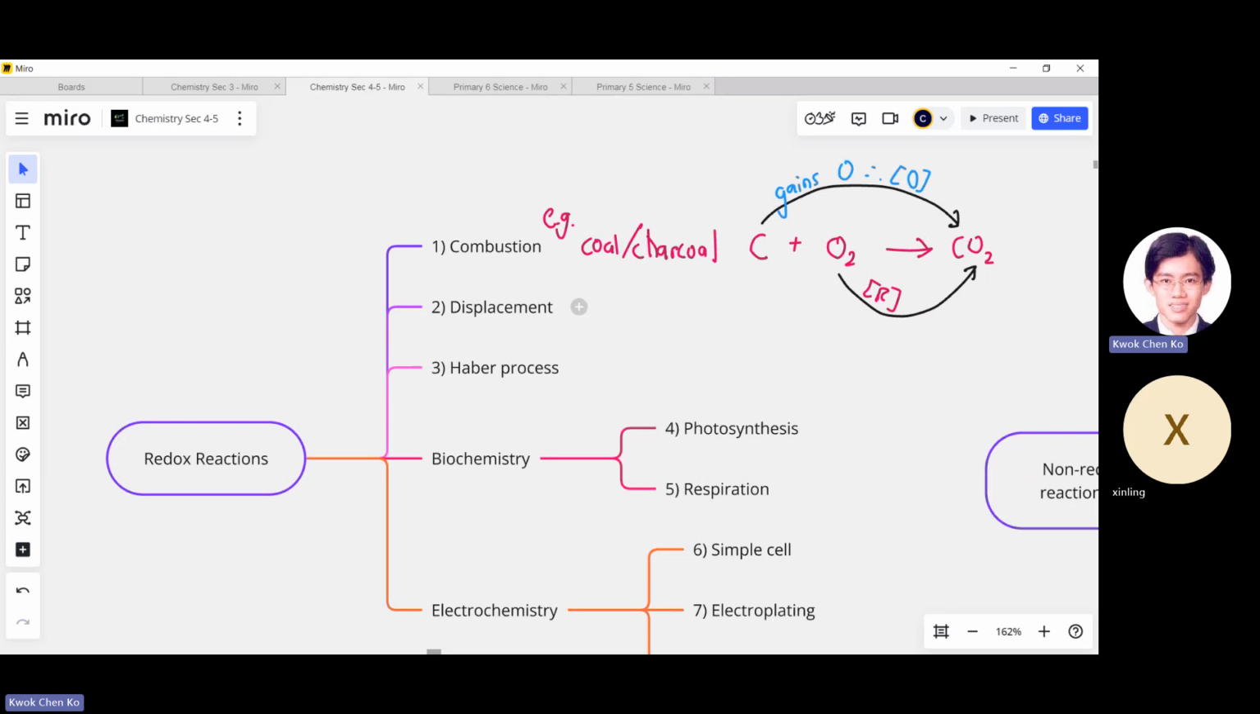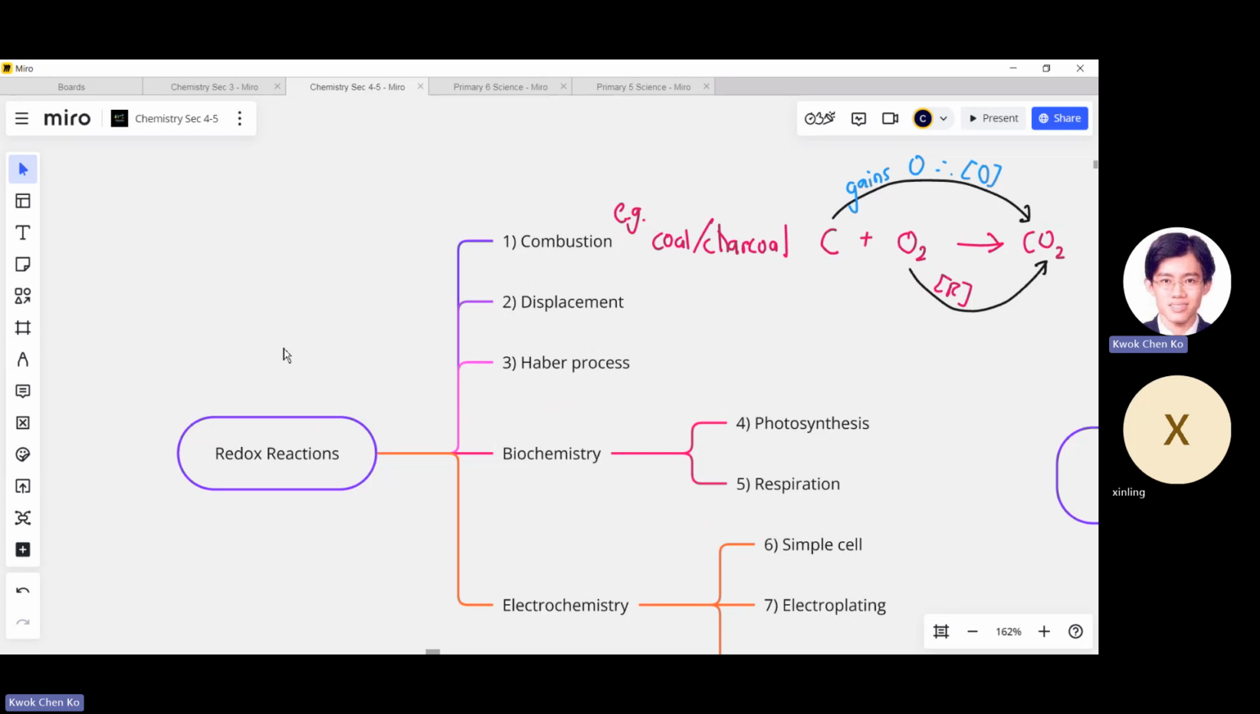Any example of displacement? Oh, okay. I think you skipped a few lessons already. Angel, back to you. Displacement? Oh, no. Okay, I'll just go through an example I did some weeks back. So displacement can involve halogens. So if I have Cl2 and KI,